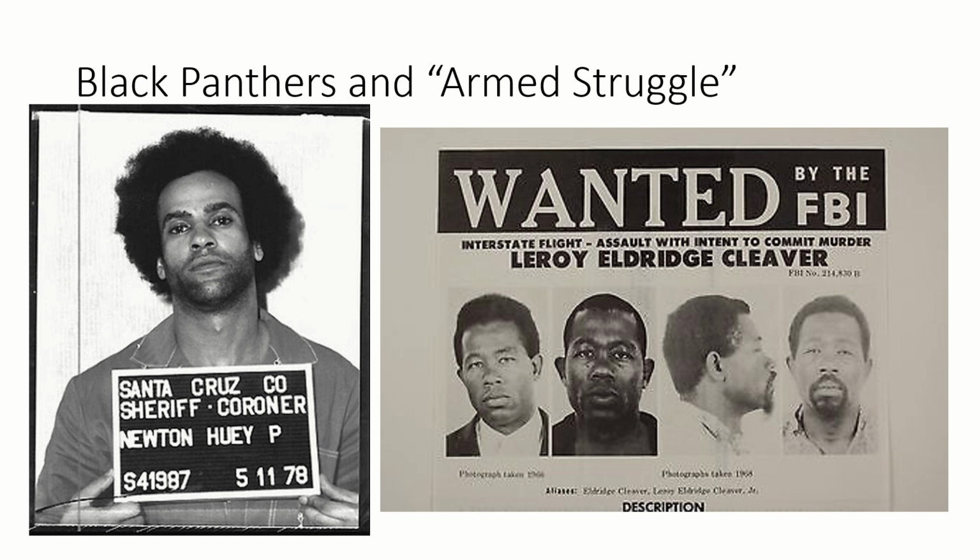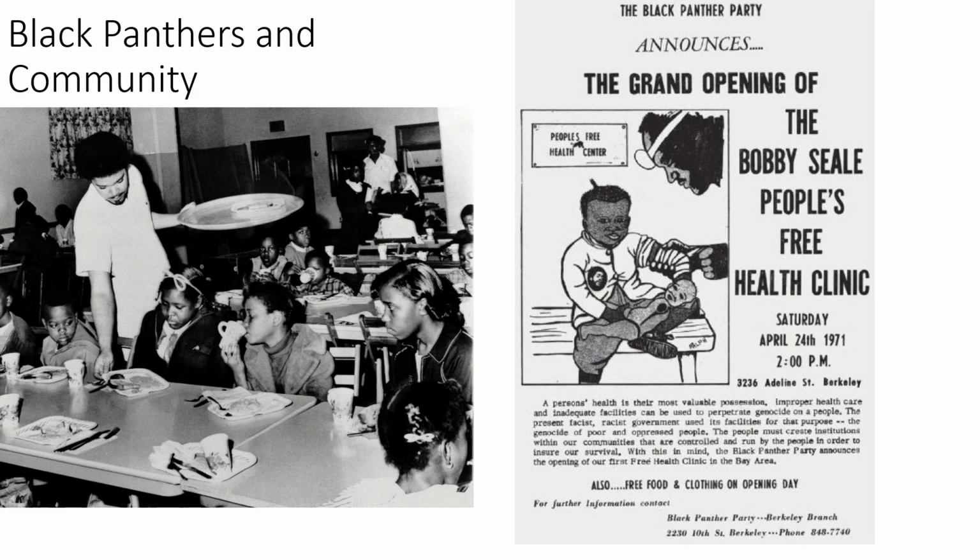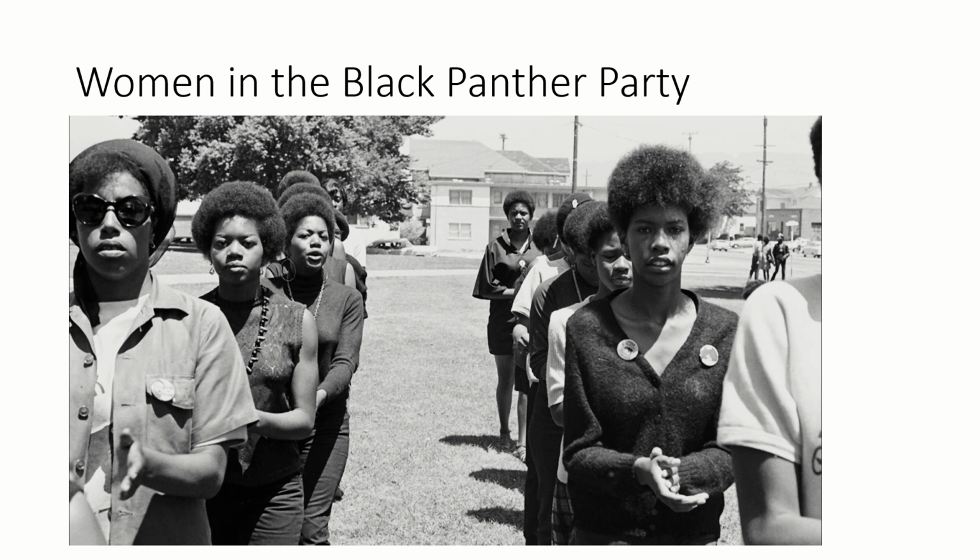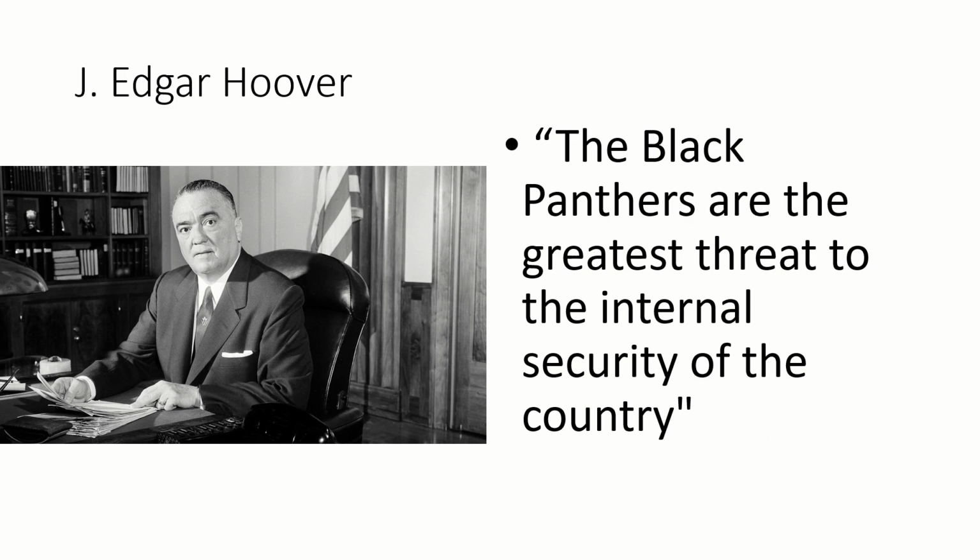Two out of three of the major leaders of the Black Panthers, Huey P. Newton and Eldridge Cleaver, are both going to be arrested and charged with the murder of police officers. And so you have, on the one hand, this current of violence, of resisting the U.S. government, and on the other, you have this idea of building up a community. Also, in order to tear down the illusion of the gun-toting Black Panther, the vast majority of the members of this organization were indeed women. And so this is a time in which a lot of people are trying to carve out a place within American society for themselves, not content to let others make choices for them.